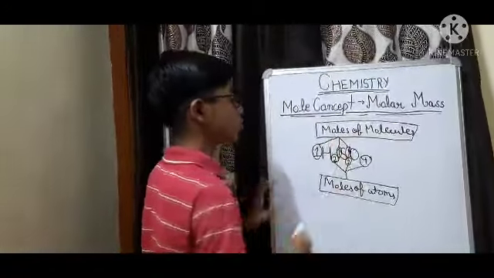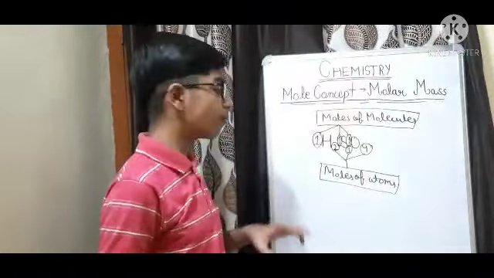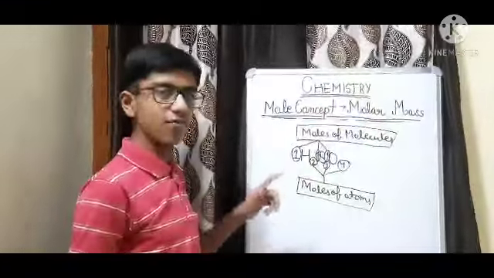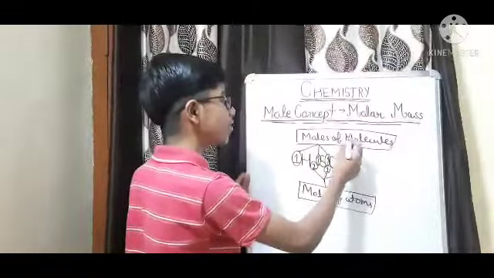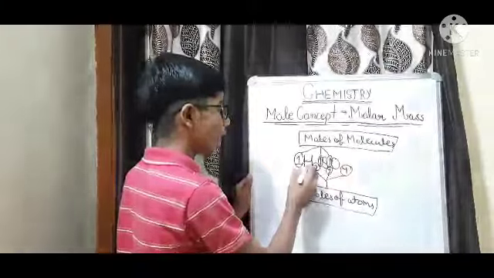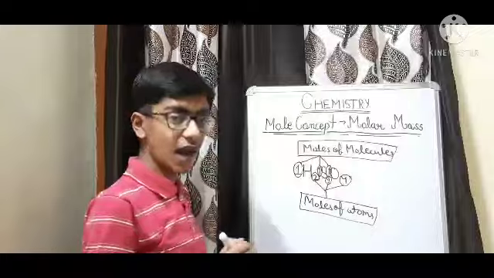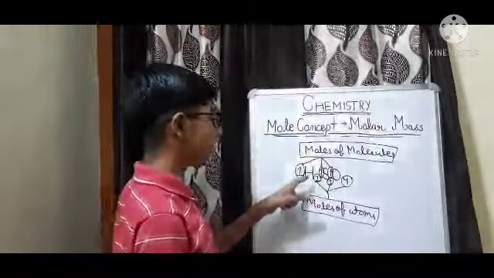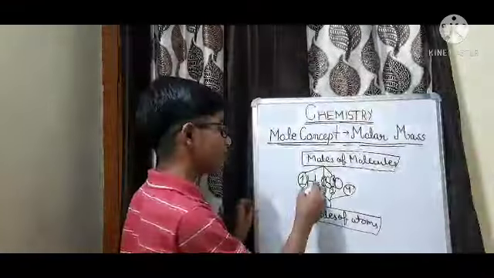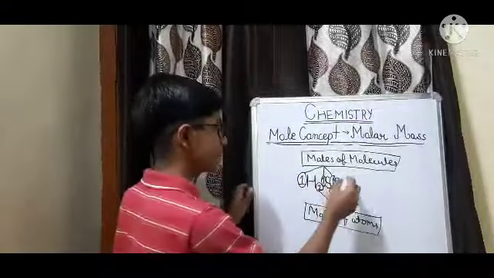Now if we talk about moles of molecules and moles of atoms, molecules will be formed when more than one atom combines together. For example, when two atoms combine, one molecule will be formed. It is the same over here. For example, if anybody asks you what are the moles of molecules of H2SO4, that will be 1. And if anybody asks you what are the moles of atoms of H in H2SO4, that will be 2, because here the number of atoms written is 2, and the same for the others.